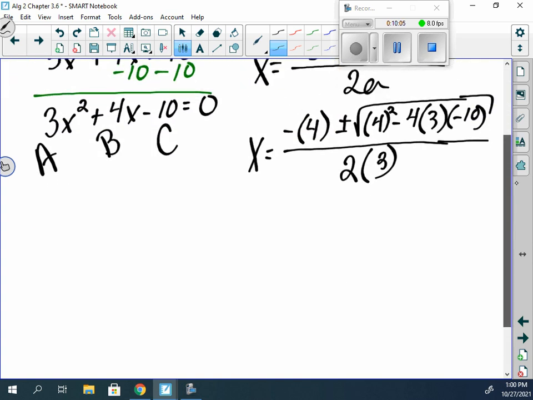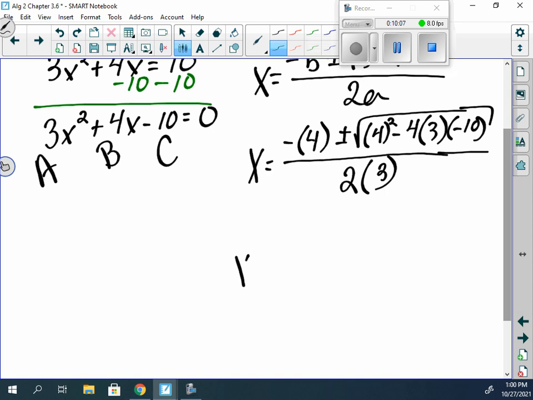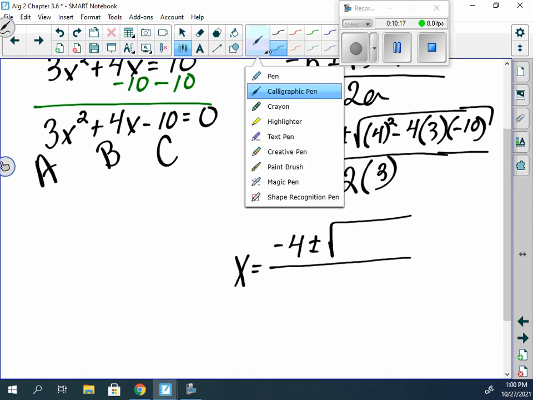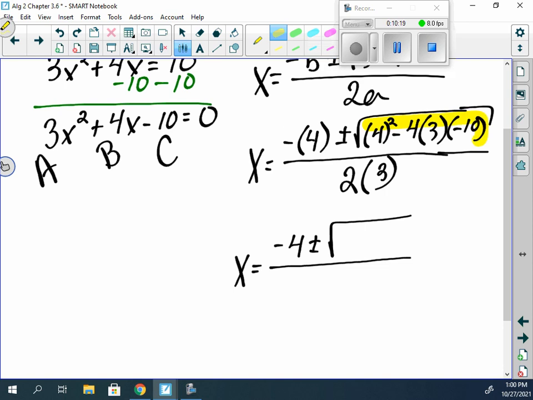Now again, at this point here, we just need to simplify down to get to our answer. Well, to start off with, we'll have negative 4 plus or minus the square root. So again, we want to simplify everything inside the radical first. So in the calculator, we would do parentheses 4 close parentheses squared minus 4 times 3 times negative 10. And if we did this here, we should get